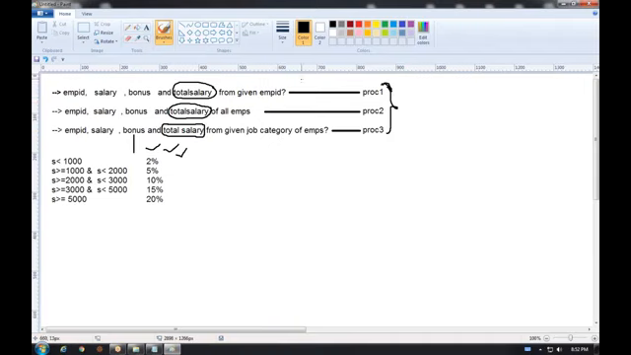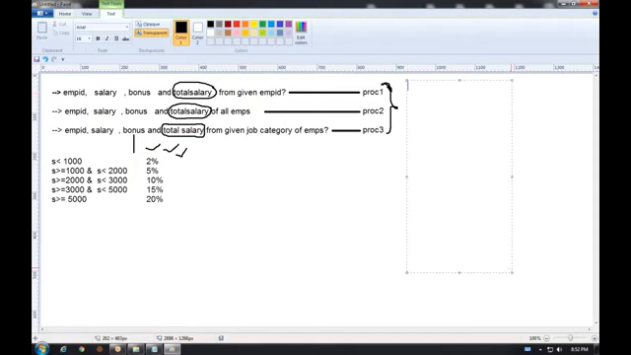See, here I am writing bonus calculation logic. If salary is less than 1000, then bonus is equal to 0.02 into salary. Else if